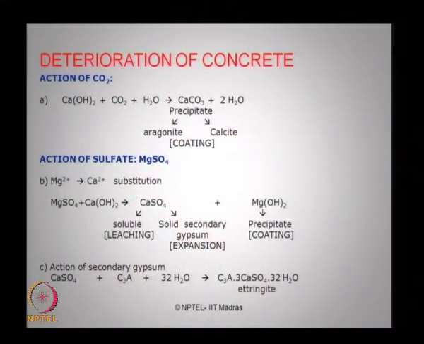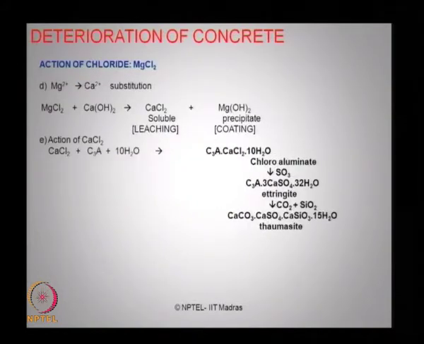Magnesium hydroxide forms as a precipitate which appears as a coating over the members on the surface. If you look at the action of secondary gypsum, calcium sulfate plus secondary gypsum in the presence of water or moisture causes what we call ettringite as a compound as an outcome of this chemical reaction. If you look at the action of chloride, which is also responsible for deterioration of concrete, magnesium plus gives you